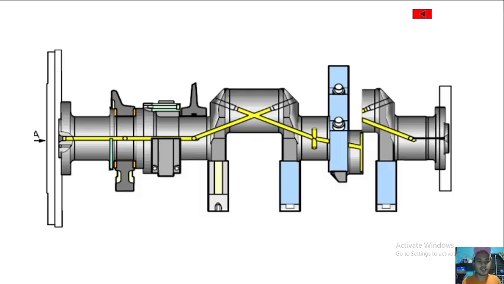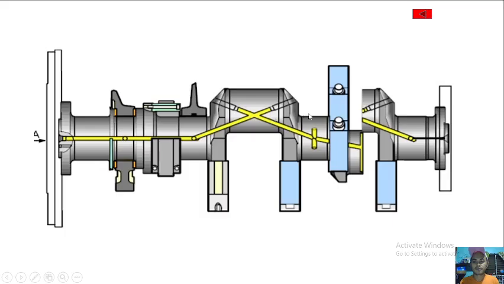So in this picture, we can see that this is the crankshaft, and in the center of the crankshaft there is a hole inside here. So this is where oil goes through, going to this side, and then going to the center, going into this connecting rod or crank pin, lubricating the crank pin. Here also lubricating the main bearings,